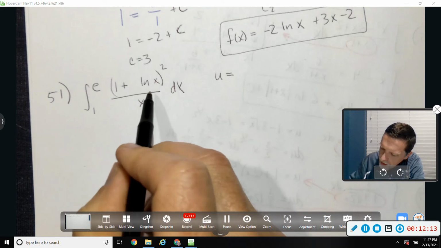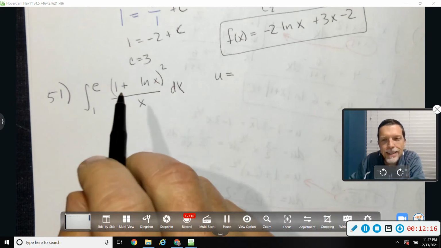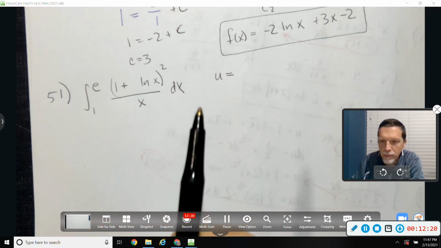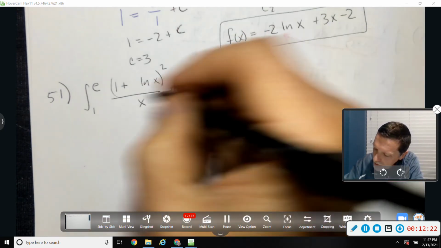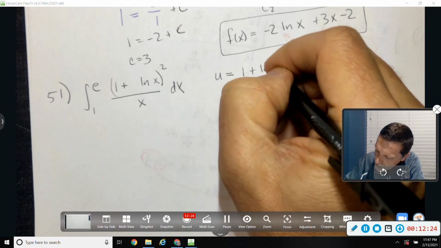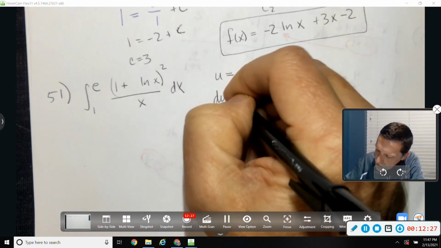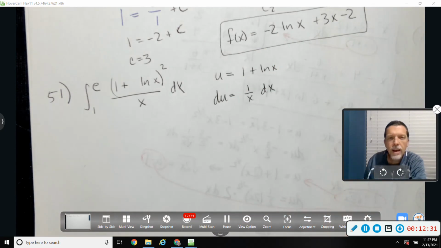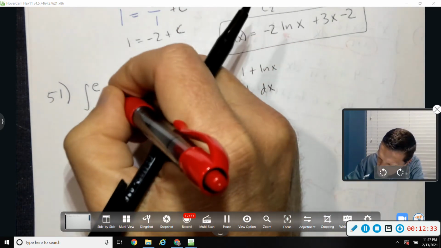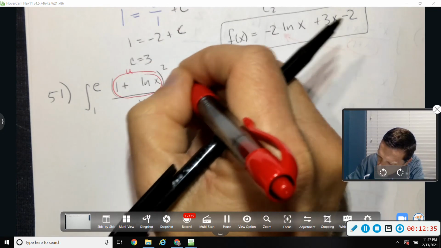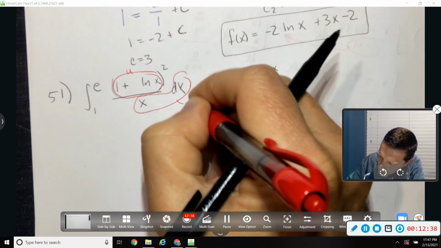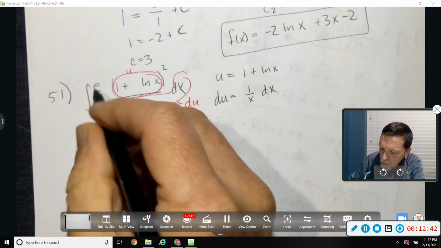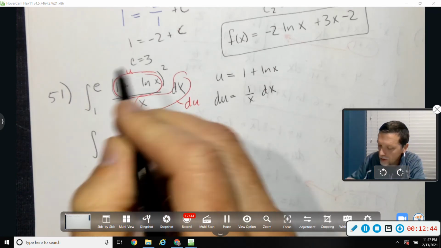I think, again, you've got to know your derivative rules well enough that you recognize derivatives so that you can pick u and du correctly. If I let u be 1 plus natural log of x, then du is 1 over x. And then I hope you see how everything falls out, because that's u, that's du. So the integral, oops, these are x values, so I don't want to write those down yet,